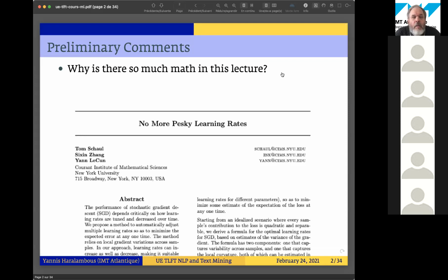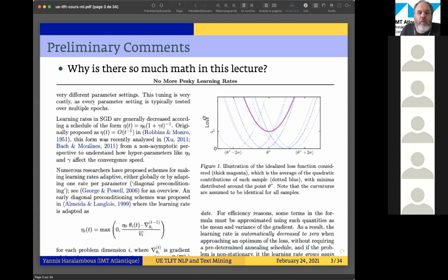It has among the authors Yann LeCun, one of the most famous computer scientists, who is French and Breton, and who did a lot on neural networks. The title doesn't sound very scientific. It looks like an average paper. It talks about stochastic gradient descent, something we will see today. And if you go to page 2 of this paper, you see already some formulas.